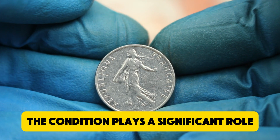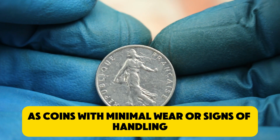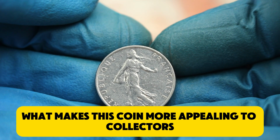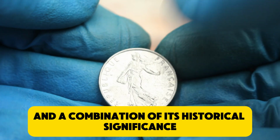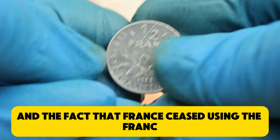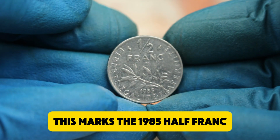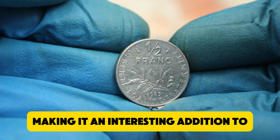$40,000. The condition plays a significant role, as coins with minimal wear or signs of handling are always more desirable to collectors. If you're wondering what makes this coin more appealing to collectors, it is a combination of its historical significance and the fact that France ceased using the franc in favor of the euro in 2002. This marks the 1985 half franc as a piece of currency from a bygone era, making it an interesting addition